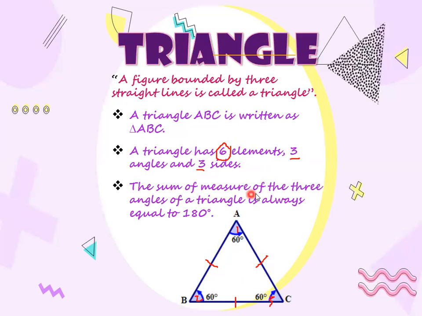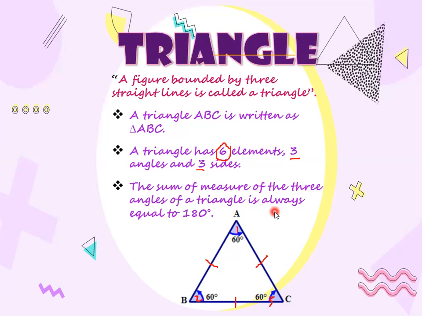The sum of the measures of the three angles of a triangle is always equal to 180 degrees. Suppose here you have angle A, which is equal to 60 degrees, angle B, which is also equal to 60 degrees, and angle C, which is equal to 60 degrees as well. If you add these angles together, 60 plus 60 is 120, and 120 plus 60 is equal to 180. So please keep in mind that the sum of the measures of the three angles of a triangle will always be equal to